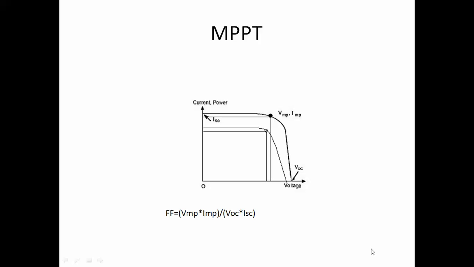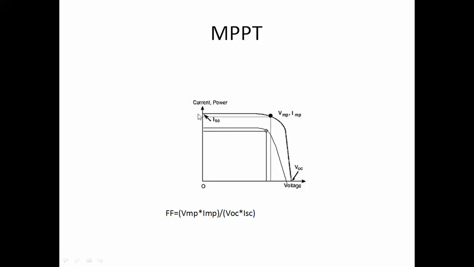So this is about maximum power point tracking of a photovoltaic cell. In this we need to track the maximum power from the cell to improve the efficiency of the cell. If we observe here, that is based on the operating voltage and current. So here the power is minimum and here the power is maximum, and from here also the power